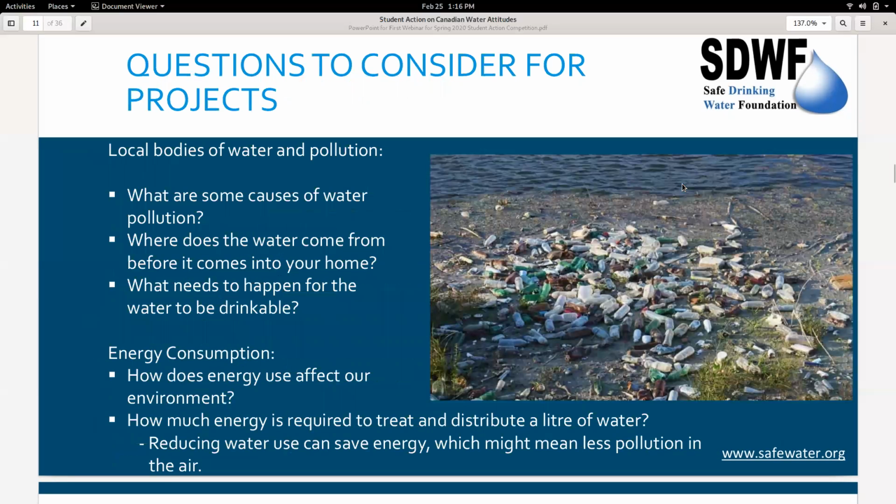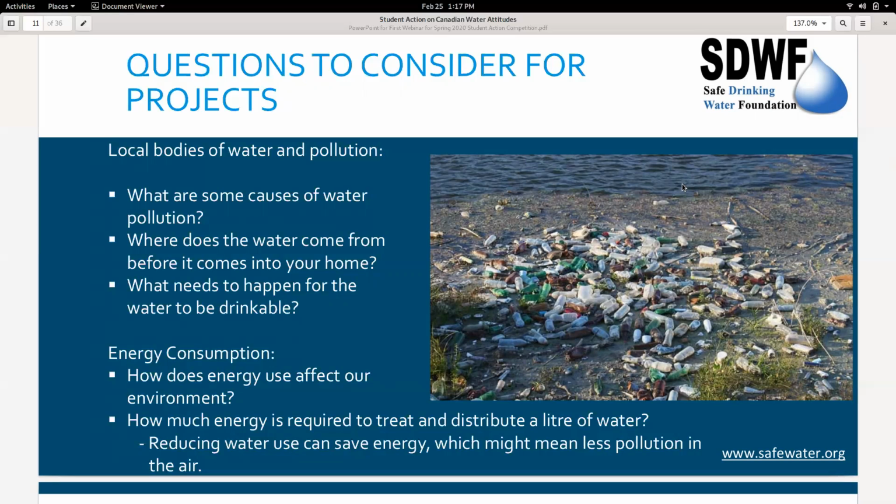So here are some questions to consider for projects. Local bodies of water and pollution: think about what some causes of water pollution are, where the water comes from before it comes into your home, and what needs to happen for the water to be drinkable. And in terms of energy consumption, think about how energy use affects our environment and how much energy is required to treat and distribute a liter of water.